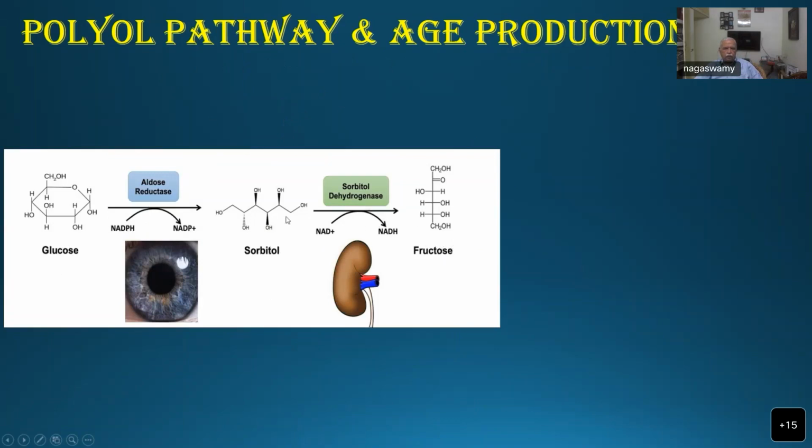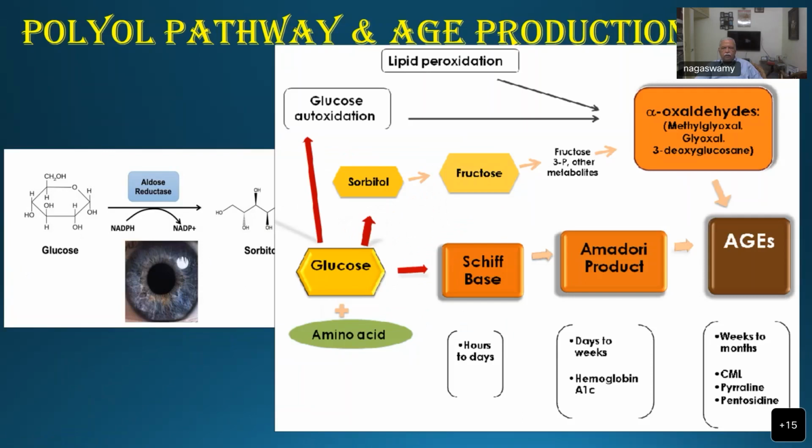So this is what is called the polyol pathway, where glucose is converted into another form of sugar called fructose. And this will also go into the formation of advanced glycation end products. So glucose will undergo Schiff base, then Amadori product formation, and end up combined with amino acids. That is, protein and glucose will combine and produce these advanced glycation end products, which are